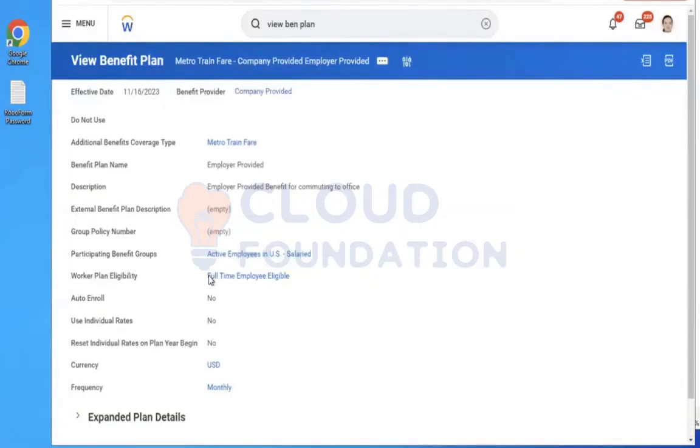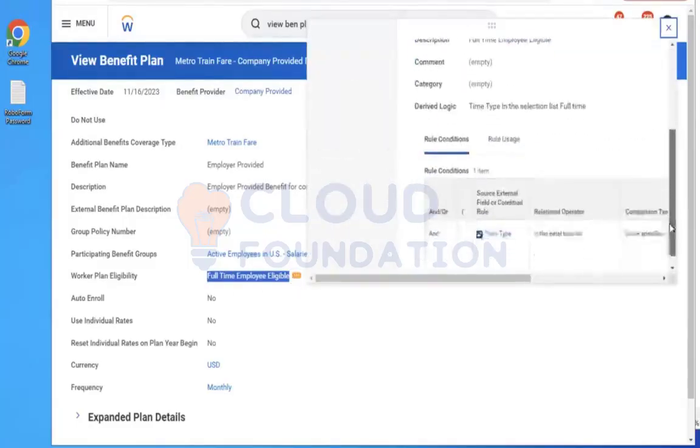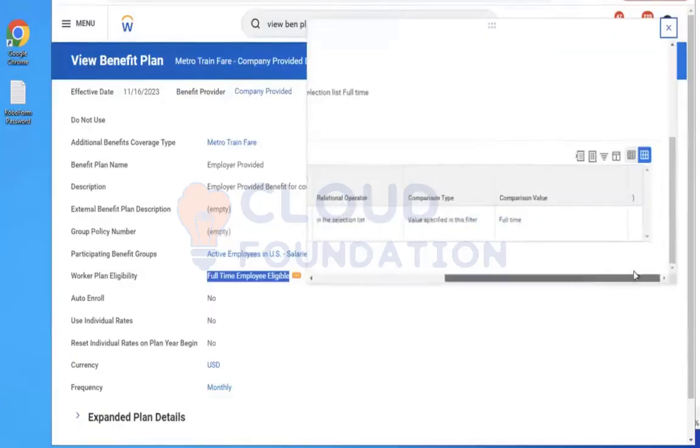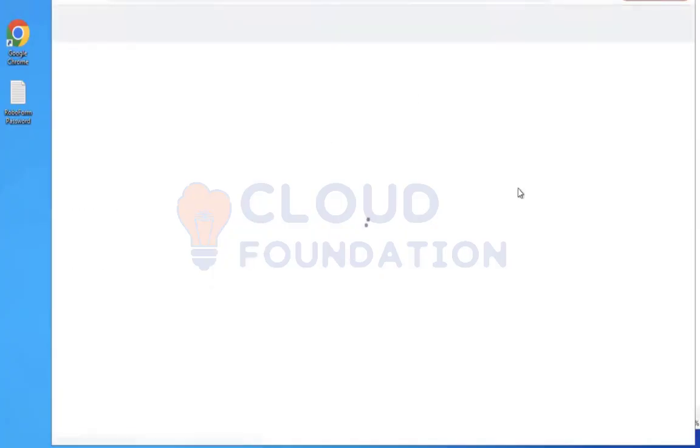So here we put the rule: full-time employee eligible. Correct, sir. What we said here is only employees who are full-time are eligible. Now we'll check what this employee is. Might be this employee is not full time. Yes, could be the reason, but we have to validate that.